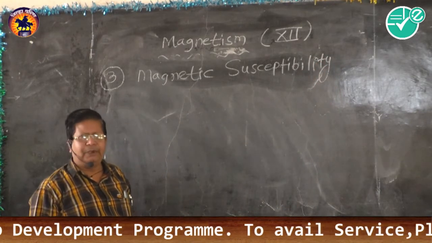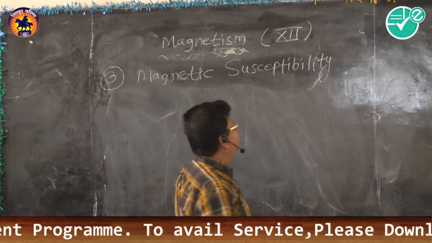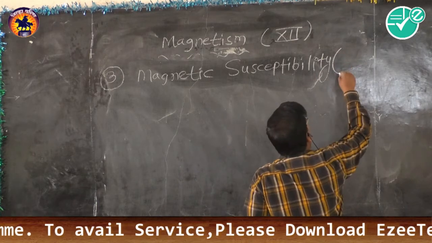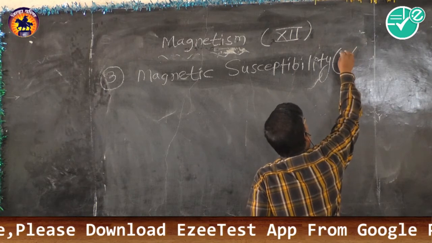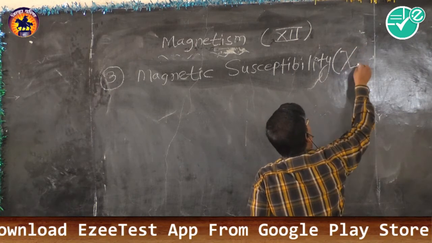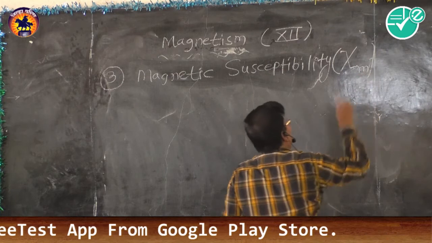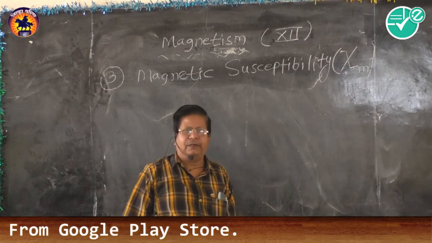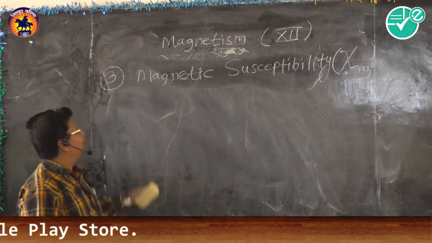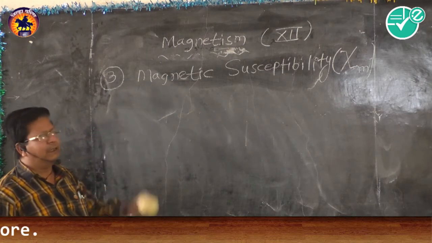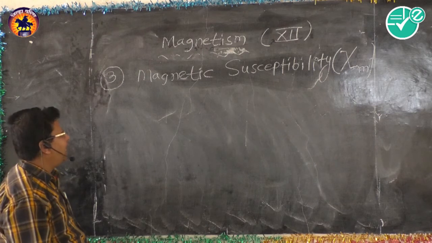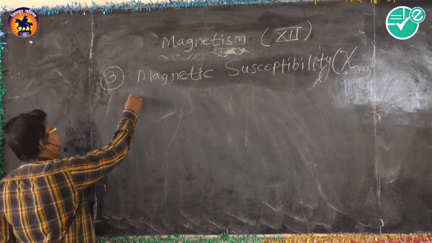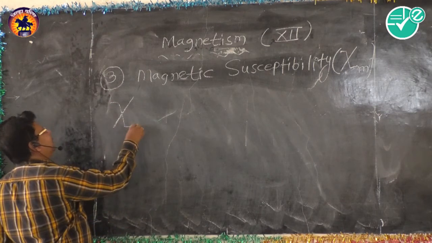Magnetic susceptibility is denoted by the symbol K with suffix m, and read as Km. So magnetic susceptibility is denoted by the symbol Km, and this magnetic susceptibility